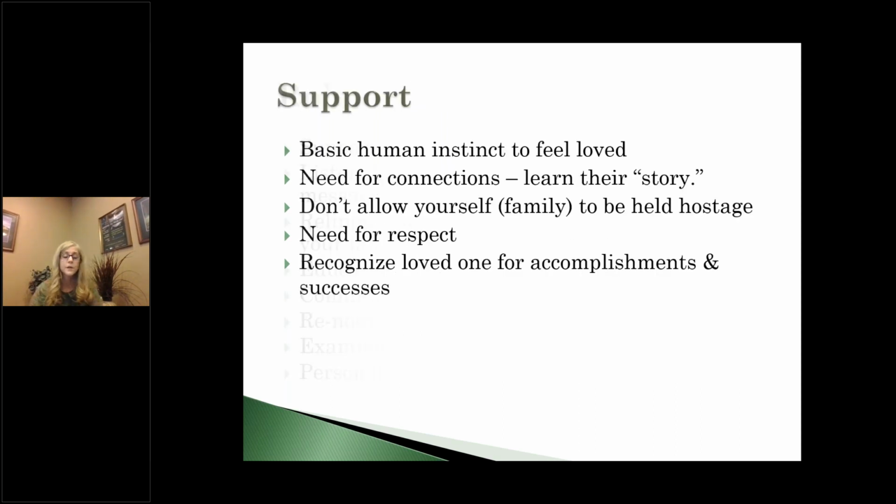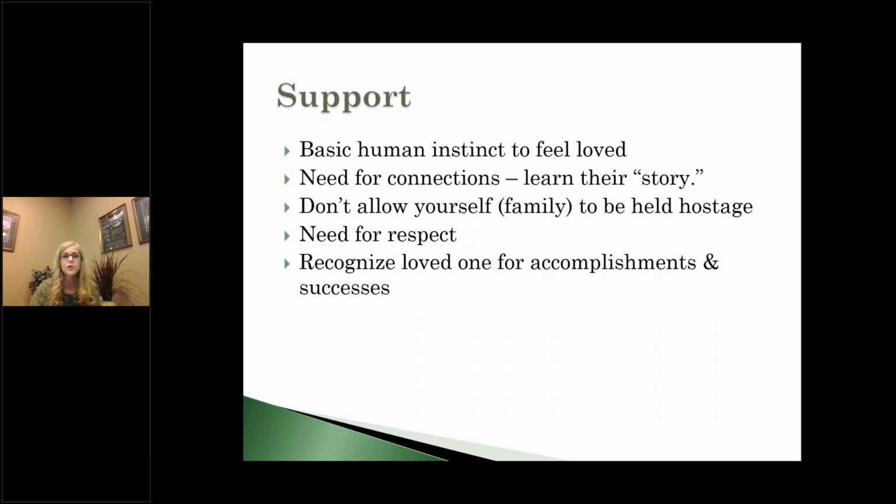So support. Just from a very basic understanding, humans need to feel loved. Now, that sounds like, okay, yes, that's obvious, but how we feel loved is different for different people. And so we want to know what their story is. We want to build the connection with our loved ones so that they will tell their story. And it's not going to be easy, and it's not going to be quick, and you may get just little snippets of information. But again, as I said earlier, that's why you need to try to discern what's the subliminal message here. What is it that they're telling me, and they're just not expressing either verbally, maybe they're telling you by showing you, but they sometimes and oftentimes can't articulate what they feel, or what their thoughts are.